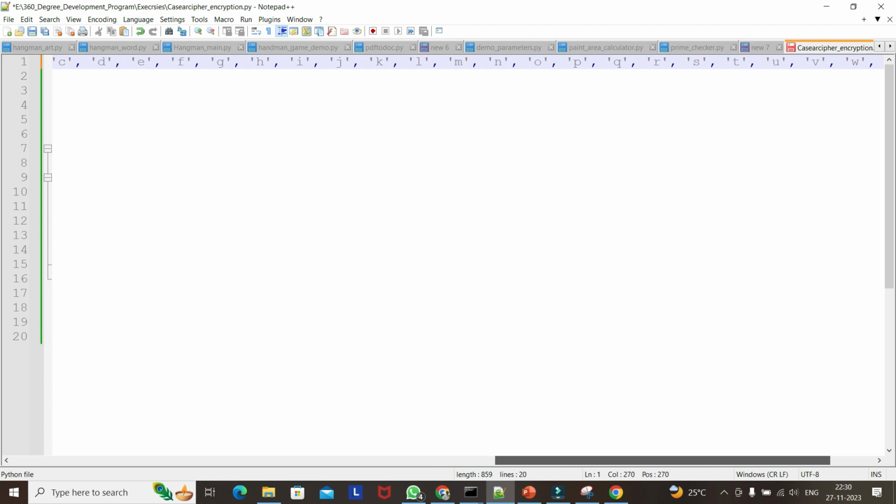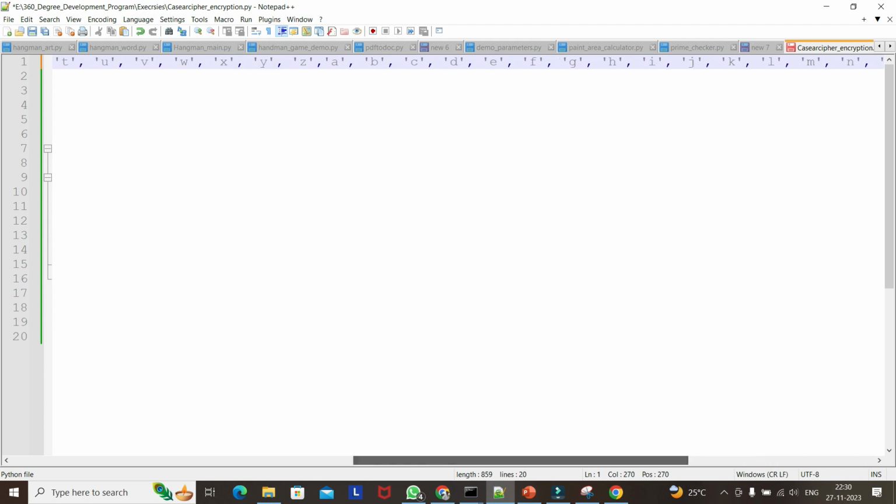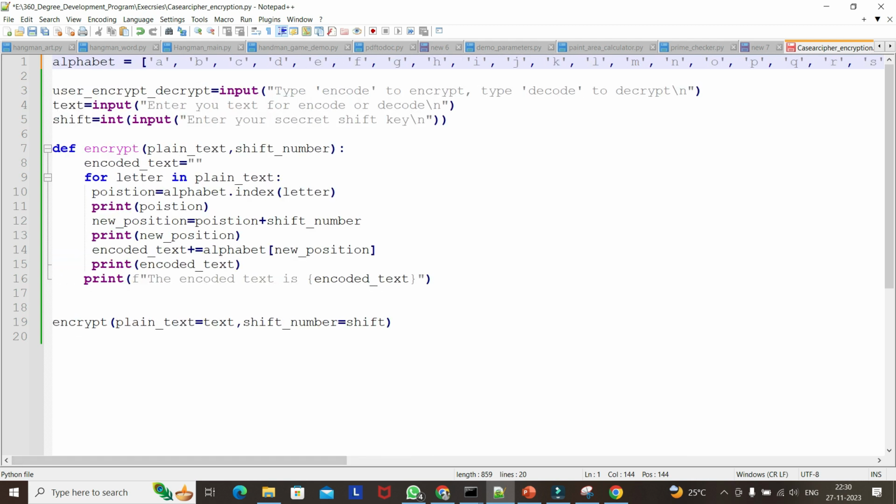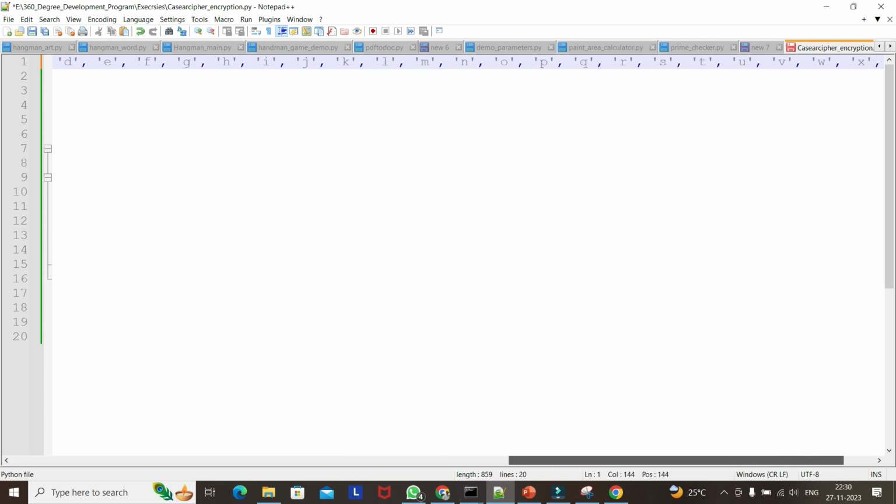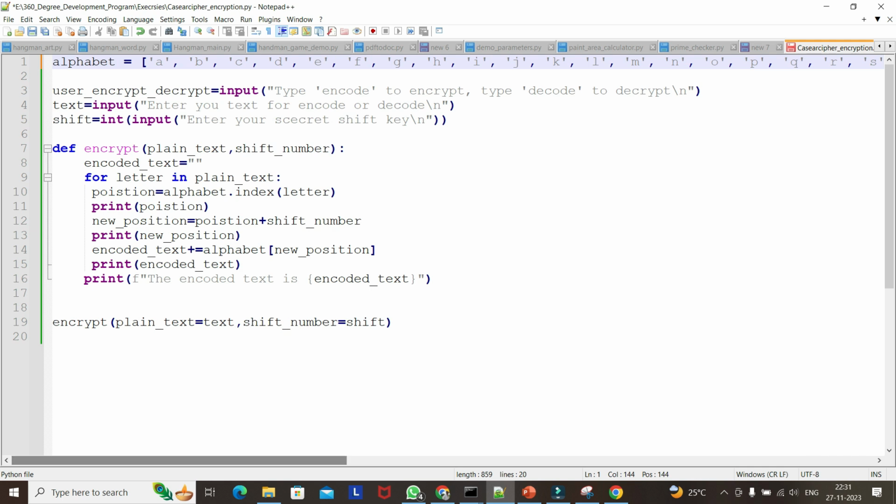So here what I did, I just copied A to Z again after Z. If it is Z and I shift it by 1 again, it's a circular dependency. At the 26 position, it is again A. Whatever position we increment, it does the same thing. If we create Z plus 2, it's like Z plus Z, so it actually does the circular dependency. Either you can create some other logic here, but I have chosen the easiest logic. I just added another set of alphabets in the same list so that it creates a circular dependency. So again, if I save this and run it,